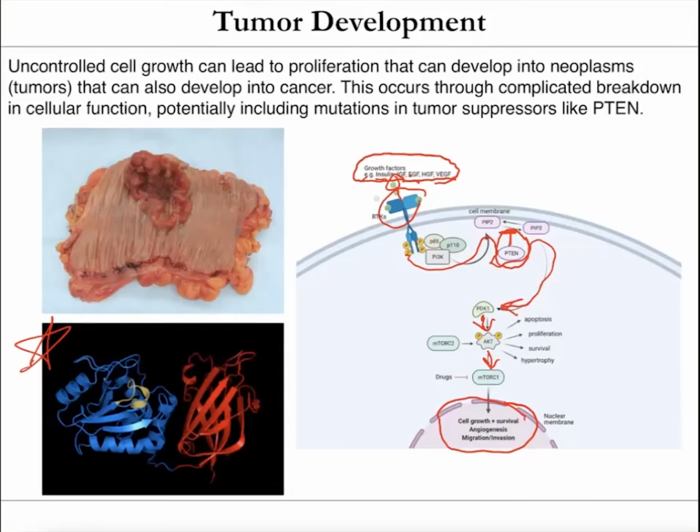However, it makes a lot of sense that something like PTEN is mutated in a lot of different cancers, because if there are mutations in PTEN and it's not functioning properly, it's not going to tell the cell to stop growing. So the cell is just going to keep growing and growing. And that's how you can get tumors like this tumor right here from colon tissue. So again, it's a very big topic, but the fields of cell division and cancer biology are really intermingled.